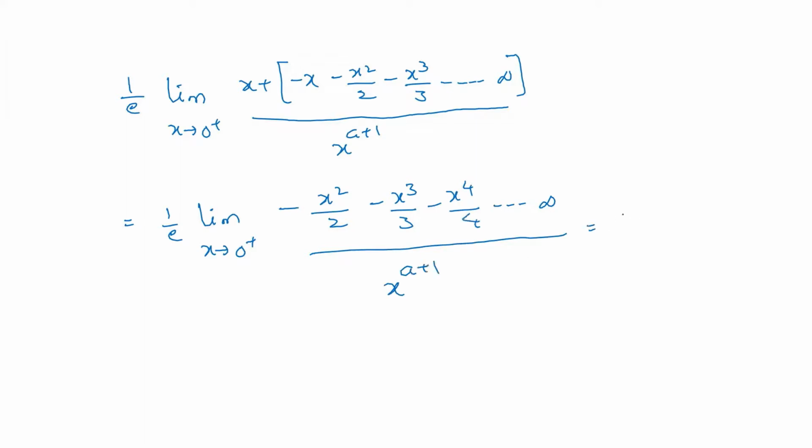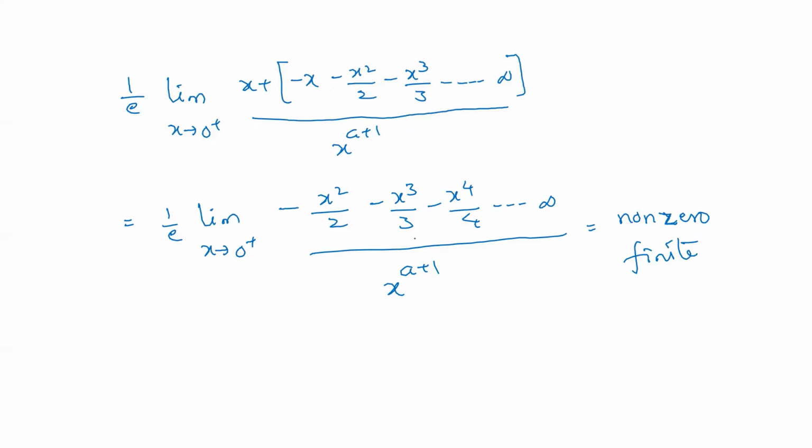And in the question, they have said this is going to be a non-zero finite number. So now, one thing that you can directly see: to get the answer as a finite number, the smallest exponent of the numerator should be the same as the smallest exponent of the denominator. For example, let's say this exponent is 10. Obviously when we divide x square by x raised to 10, we are going to get something upon 0, that will become infinite. That is not a finite limit that we are going to get here. So the exponent of this one should not be bigger than the smallest power from the numerator.